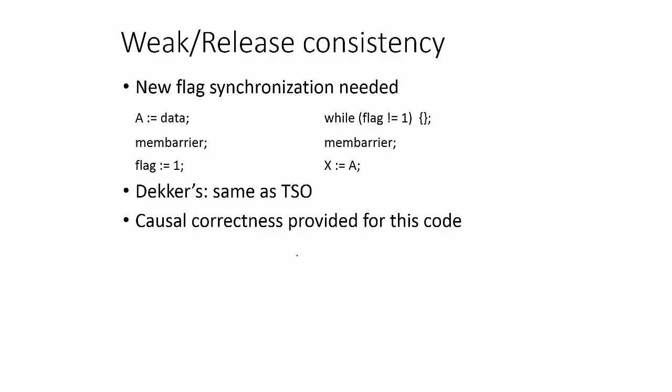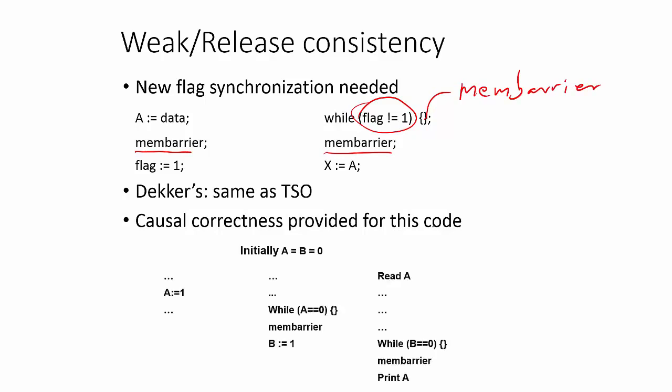So if the flag synchronization algorithm is to work for the weak release consistency model, we need to put the memory barrier here and here. We also have to make sure that the flag is not register allocated. And in fact, you will probably need a memory barrier also here. Causal correctness needs memory barriers here, here, and actually inside these